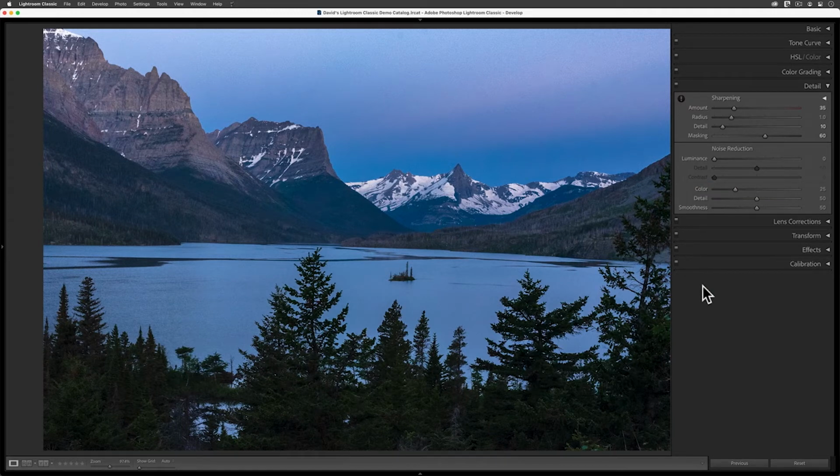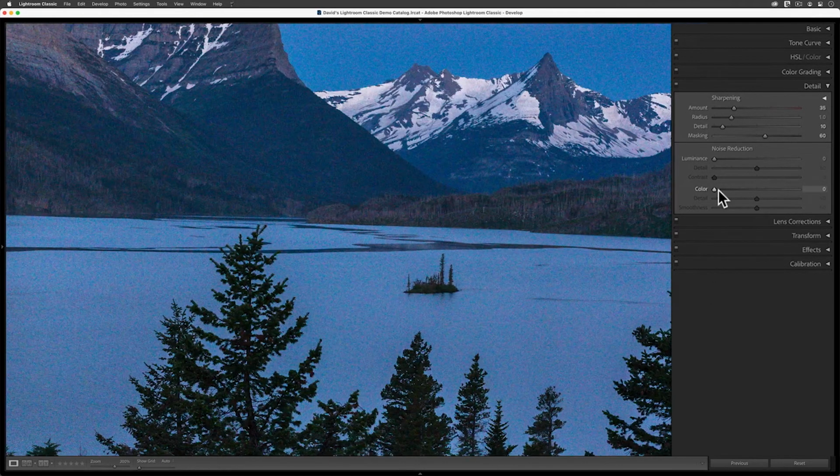I think that was a good call on Adobe's part, because if I move this slider down to 0 and zoom in, then look at all the colored noise that my camera actually captured here. In this case, that factory default setting looked fine, so let me restore that one.